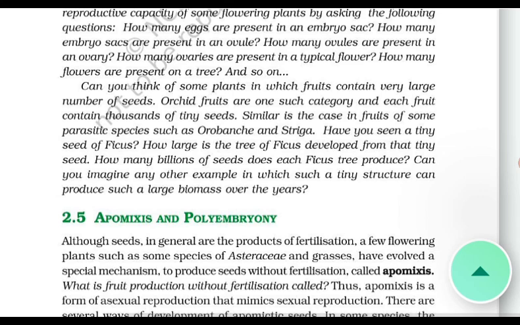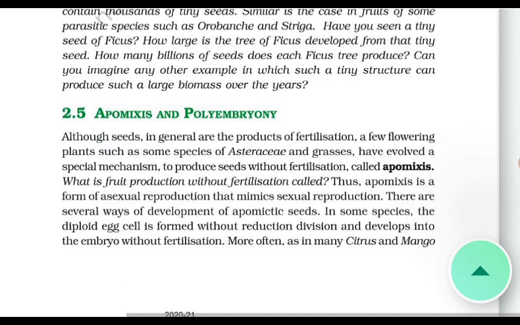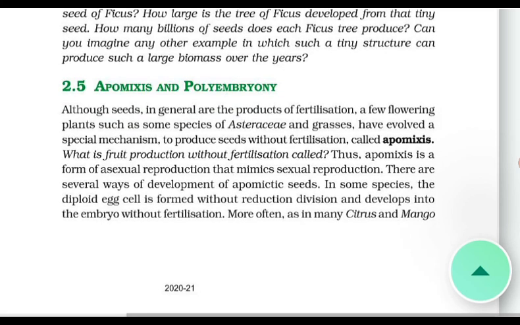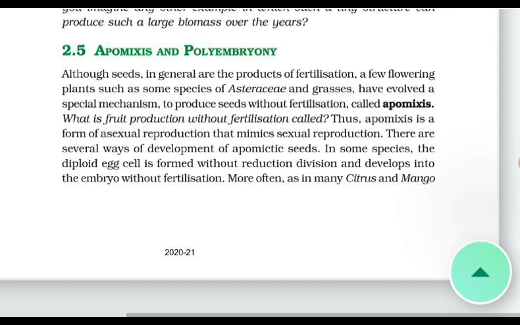How long do the seeds remain alive after they are dispersed? This period again varies greatly. In a few species, the seed loses viability within a few months. Seeds of a large number of species live for several years. Some seeds can remain alive for hundreds of years. There are several records of very old yet viable seeds.